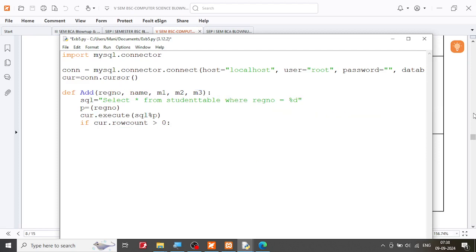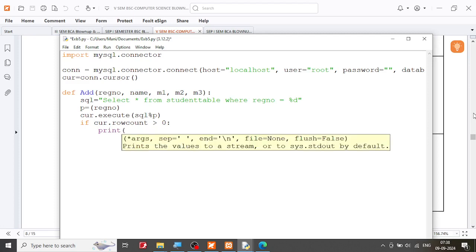Suppose the row count is greater than 0. That means if there is already a record with that register number, then I have already inserted a student with the same register number before. So I'm going to give a message to the user saying that the student already exists. So I'm going to say print, and I'm going to put \n, you know very well, and I'm going to put a star to highlight it. This is just to highlight it. So let's say 3 stars, and I'm going to say student details